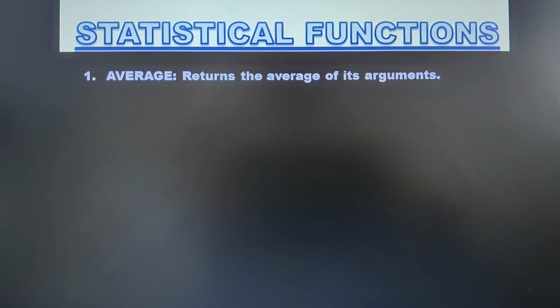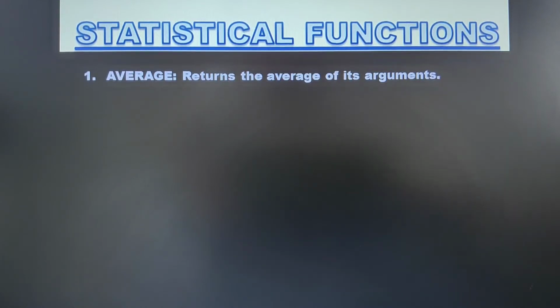In our previous video class, we discussed the various logical functions like AND, OR, NOT, IF, and nested IFs. Other than that, we have seen the functionality of TRUNC, MOD, how to use the ampersand, and then we have discussed the financial functions. In today's video class we shall discuss the statistical functions. By using these statistical functions we can perform calculations much more easily as well as faster. So let us discuss them one by one.